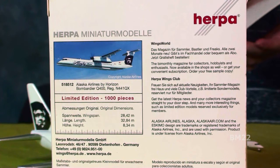Now here's some other specs on these planes which might surprise you. The cruising speed is 414 miles an hour, so 400 miles an hour, that's cool, right? Maximum altitude is 27,000 feet with a range of 1,500 miles. So you could get on one of these and fly from a small airport to a small